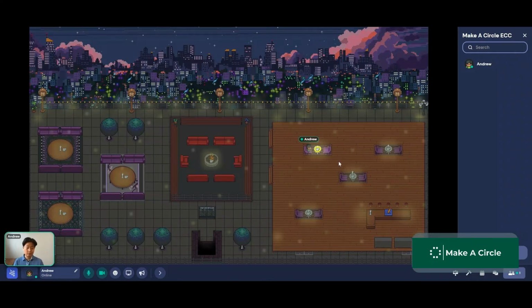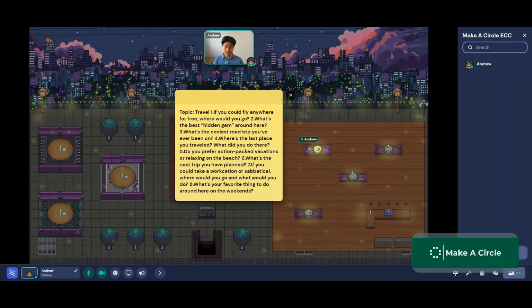So you're going to have a one-on-one conversation with another person who's going to sit on this seat. And you can notice that there's a note that lightens up, which means it's interactive. You can press X to interact with that item. So when I press X, it shows the topic and the questions for your conversation.